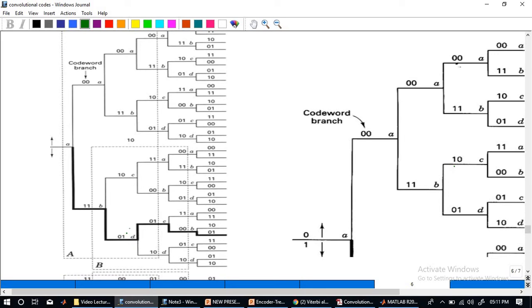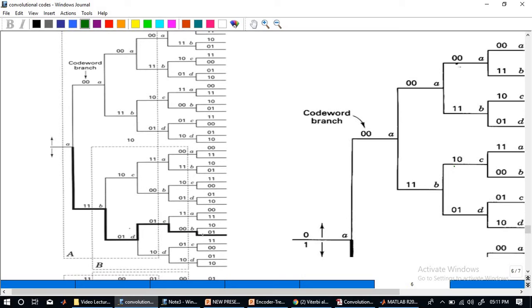Now the bold part, if you indicate, what will be the message then? You are basically going down. So this is my 1, this is my 0, and this is 1, we are reaching over here, then we are reaching down again, so 1 and again 1, and we have a 0. So till C, the message is actually 1, 1, 0.